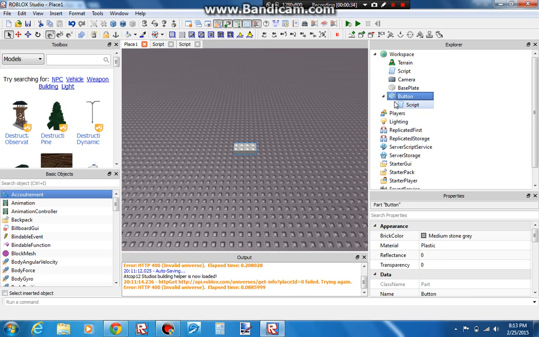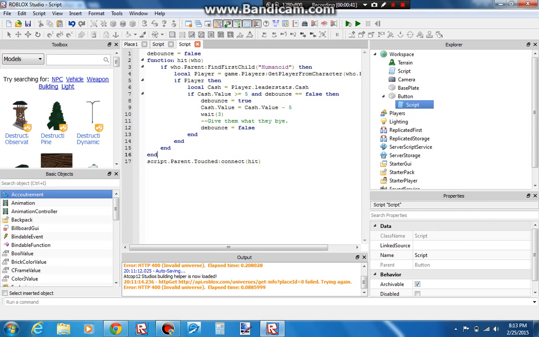So I made a button. I anchored it so it wouldn't move. Then I gave it a script inside of it. I made a variable called dbounce and made it equal false. I'll explain why later. I wrote a function, connected it down here, and gave it the Touched event, and that allows me to pass along this hit thing here, pass it up here,